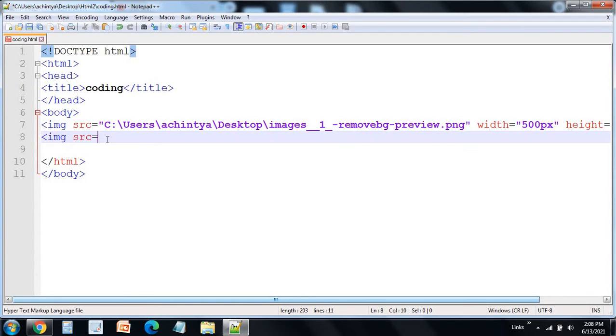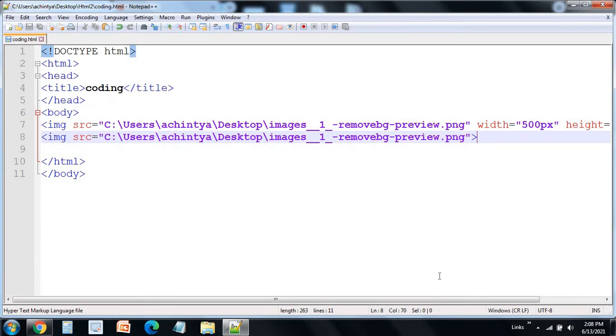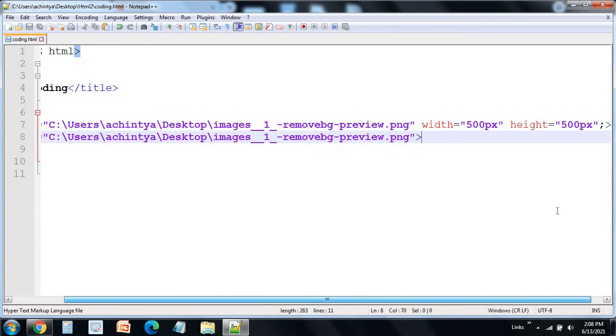Now I'm going to show you how the image looks without this styling that I have added. So just close and save. Now you can see that this image is very small, but I've added this styling, width 500px and height also 500px, and the semicolon is for if you want to add another style. You can just add it after you finish any style.